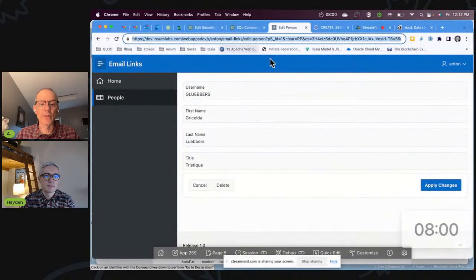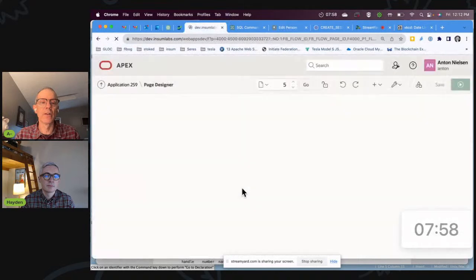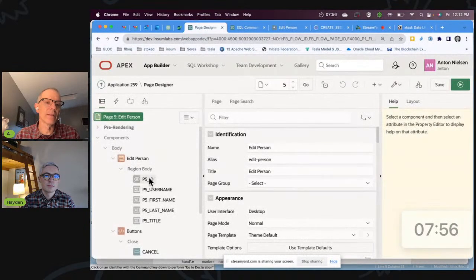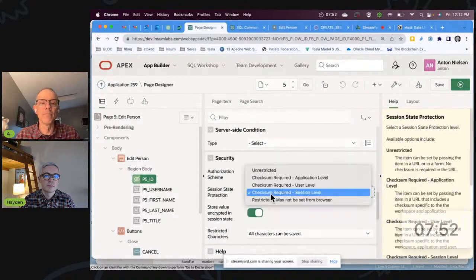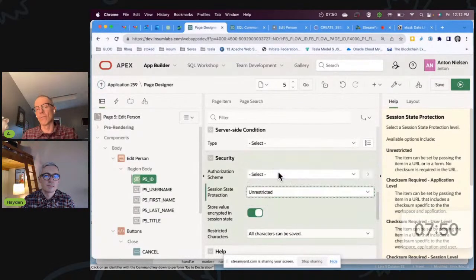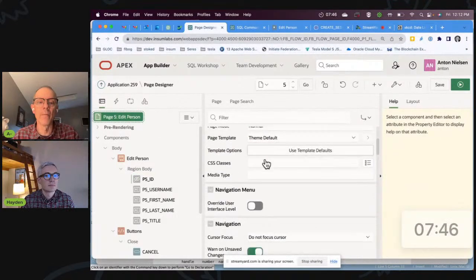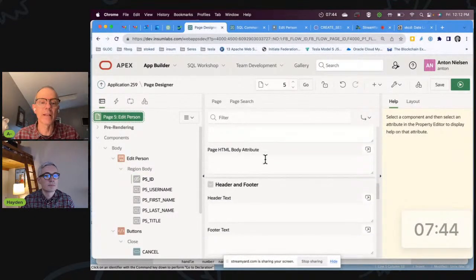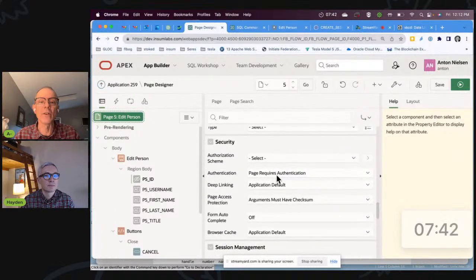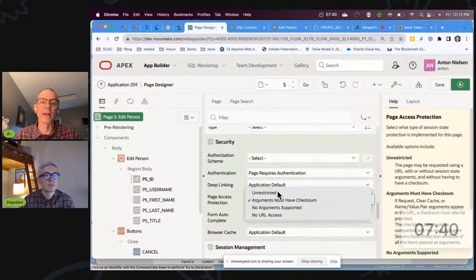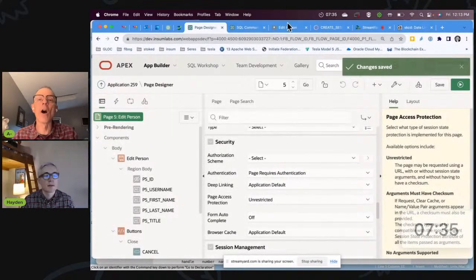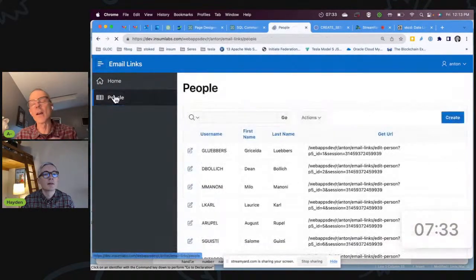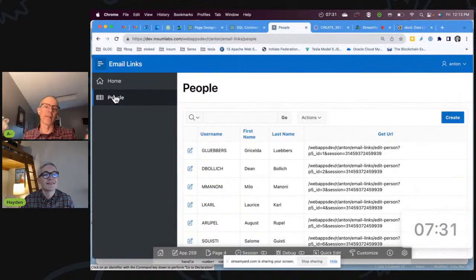Well, we have a few options here. The first thing we could do is go to this ID item here and say, okay, no checksum required at all. So if we do that and we come here and we make this one, you'd have to do this at the page level as well, because on the page you can also say arguments. So we'd have to unrestrict both of these. If I do that, problem solved, almost, except, and this is something I do not agree with Apex,